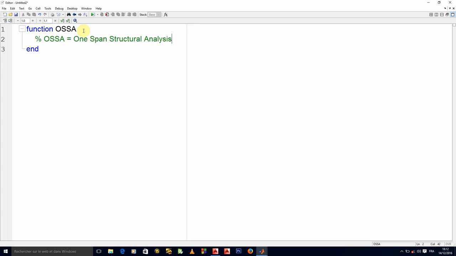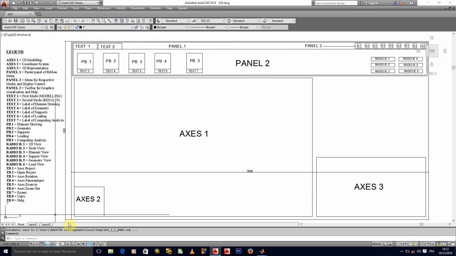Since you are expected to know the basics, I will not tell you again that this is the way you do comments in MATLAB. It is assumed you know all of that. But anyway, in case you did not know how to do comments in MATLAB, that is the way you do comments in MATLAB. The very first thing would be to create my figure, the main figure that will contain every single widget.